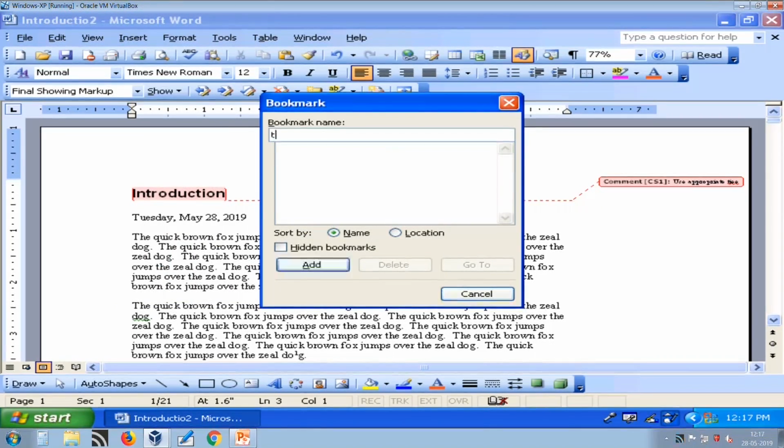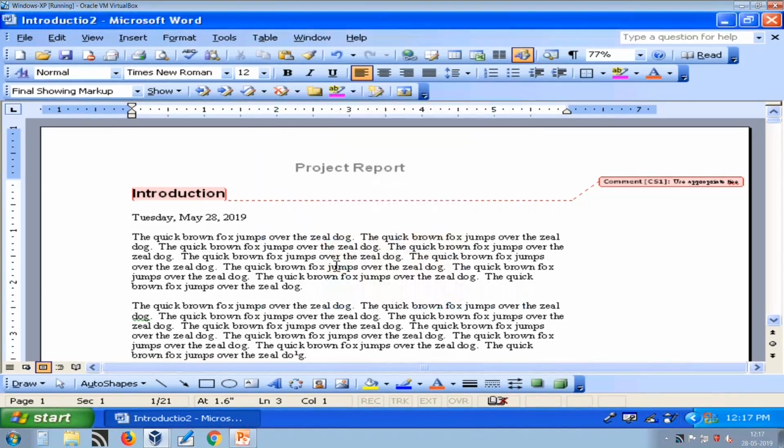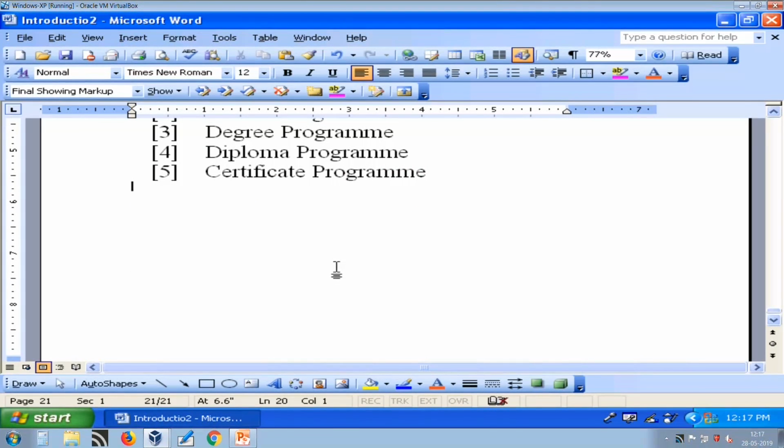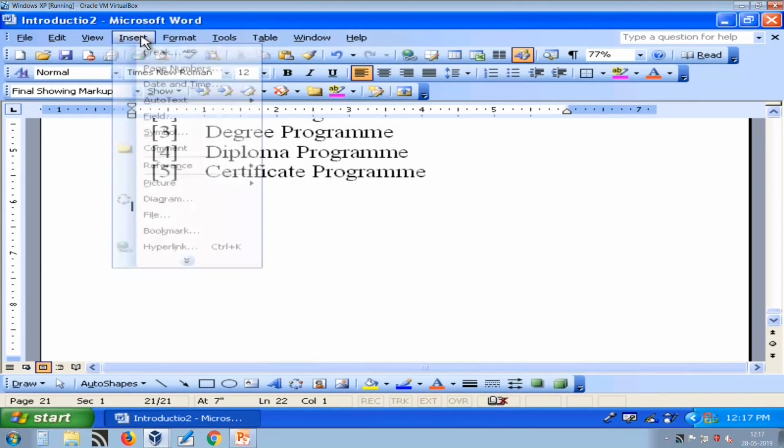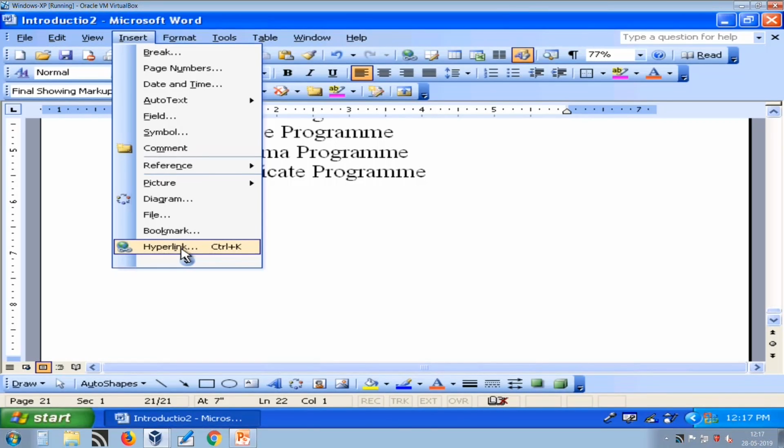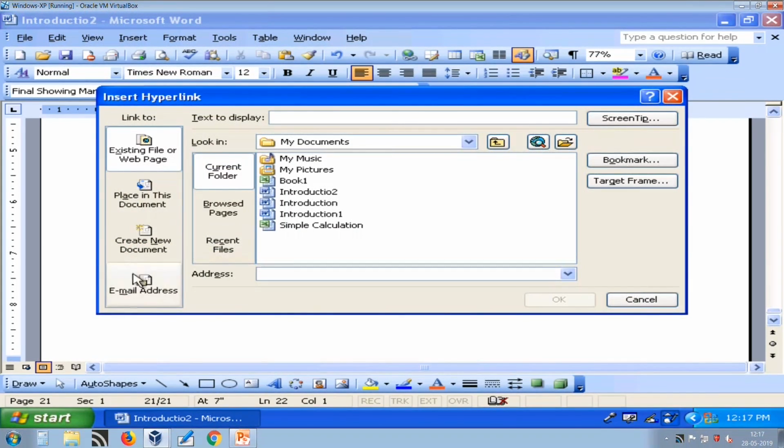Now, the name of this bookmark is home, and I press add, right. And if I am at the end and I insert hyperlink, inside hyperlink you can link it to an existing file or web page, place in this document, create a new document or email address.